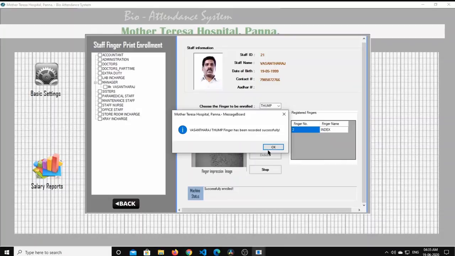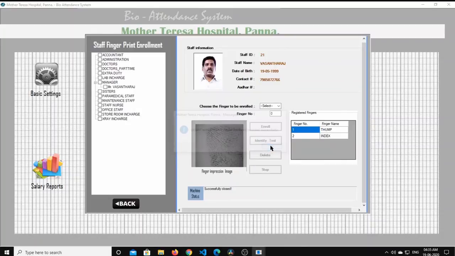So once you record the index, the finger list details all will be available over here. In this, if you have recorded anything wrongly, or if the fingerprint doesn't go well, then we can delete the fingerprint from the system.